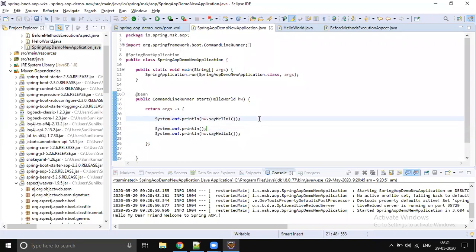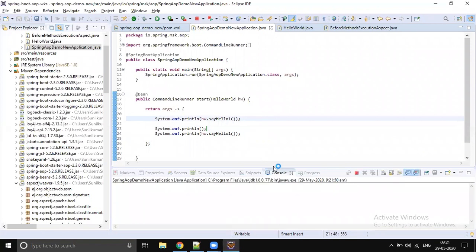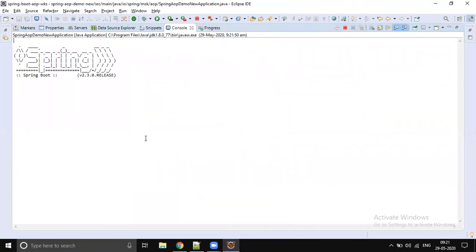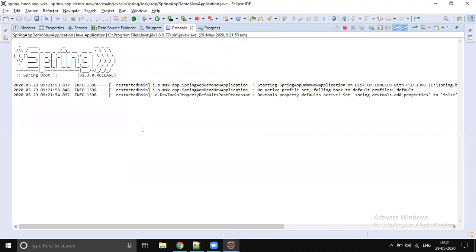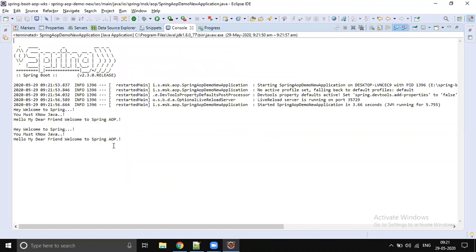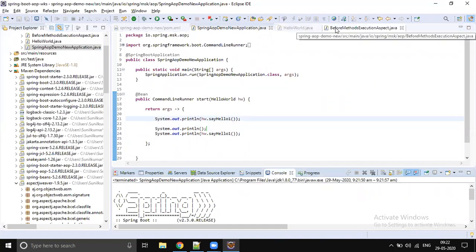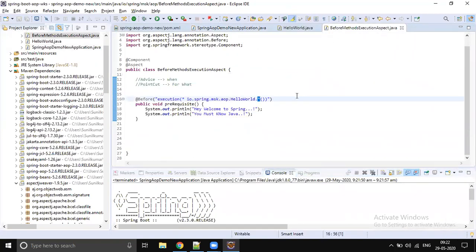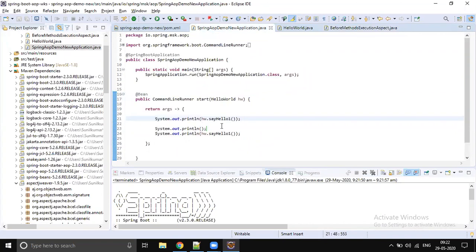Now you see our cross-cutting pointcut is going to execute for both the methods. A simple star is going to play a major role. It's full of regular expressions. Now you can call another method. Oh, I think I'm calling say hello one two times. Let's call say hello and also call say hello two.